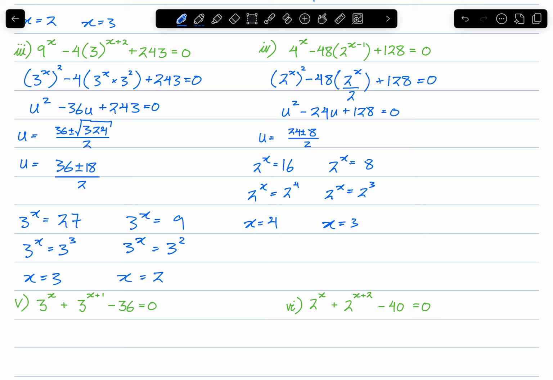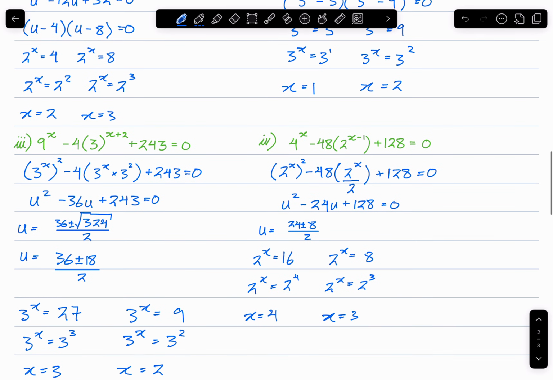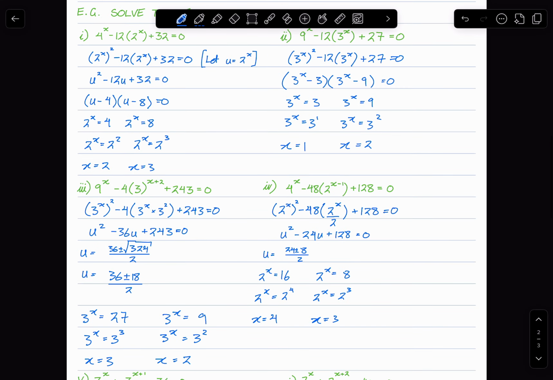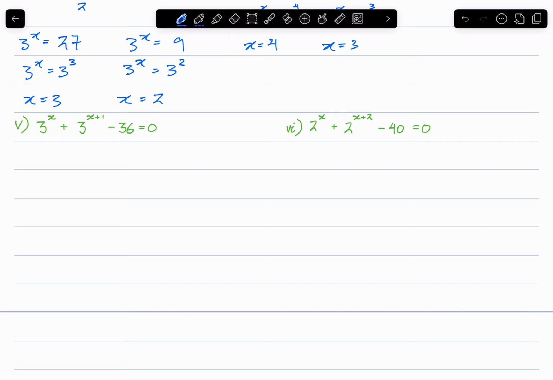Hello class, this is the last set of examples for exponential equations. However, in this one, it may look like a quadratic, but it's actually a bit of a twist to this. So here we go. To solve this one, we first take a look at the problem that we have. In this case,